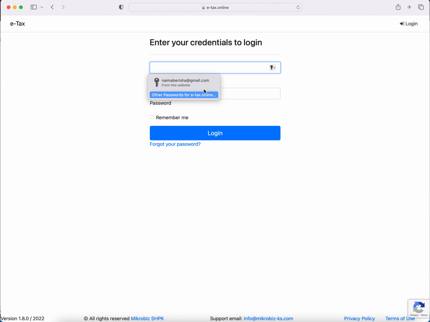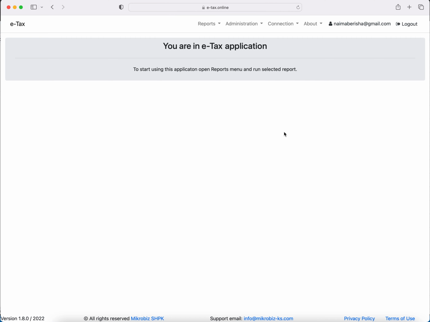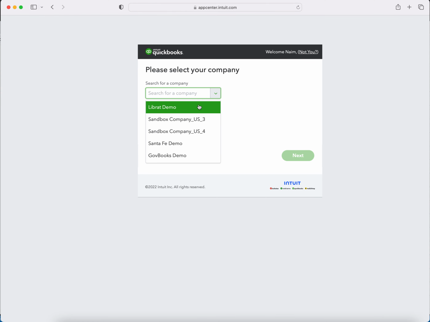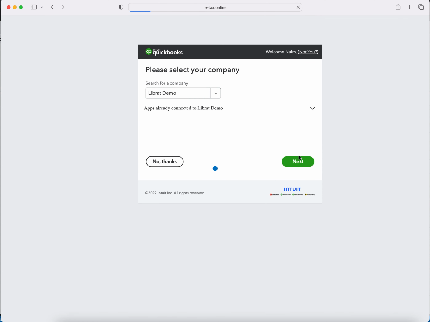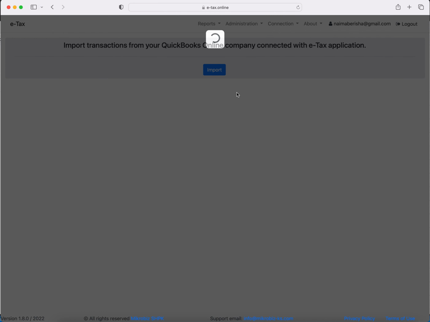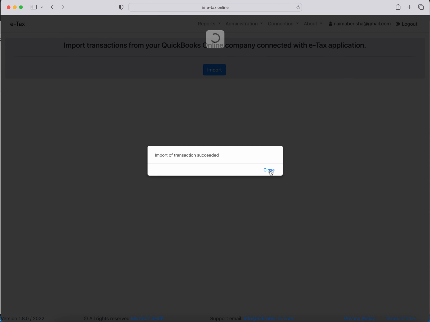on the eText. If this is the first time they are using the application, they will go to Connect and QuickBooks Online. Start the authentication authorization process. And then they will import data from QuickBooks Online to the eText application. Once this import is done,